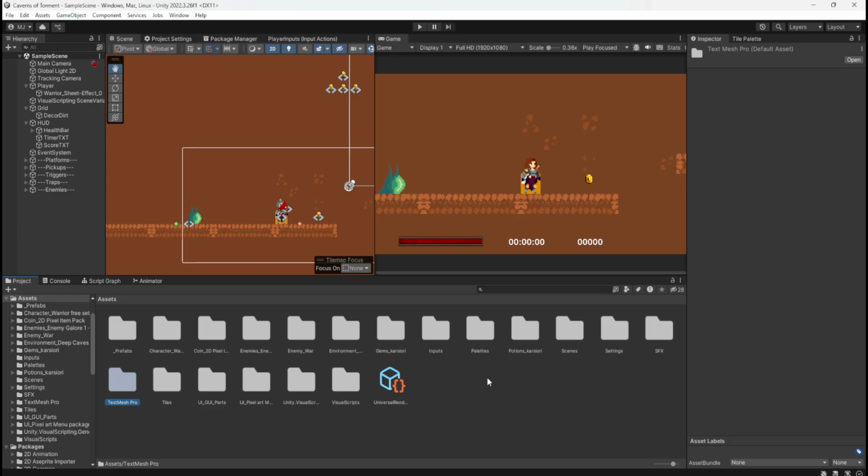I was following the steps on how to import it, and I think I need to spend a bit more time. I think I was trying to rush getting it fitted in, but it was like a pixel art font to match the style of the game. So I think I can tick off the HUD on my jobs, because I've got the player score on the right, I've got the timer in the middle, I've got the health on the left. So I'm going to tick that one off.